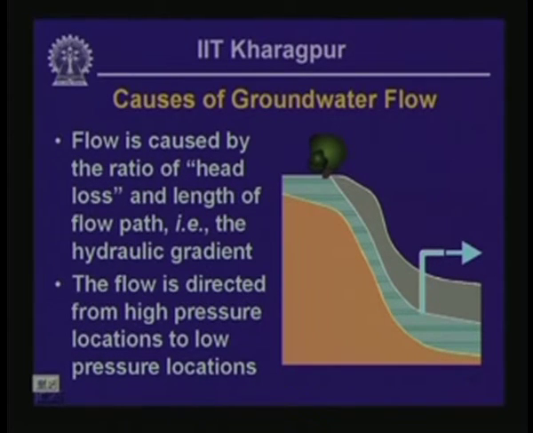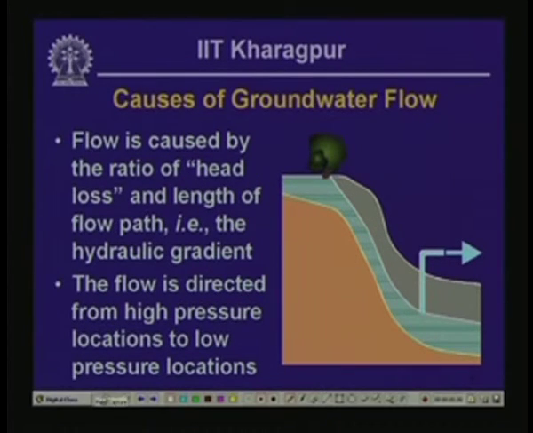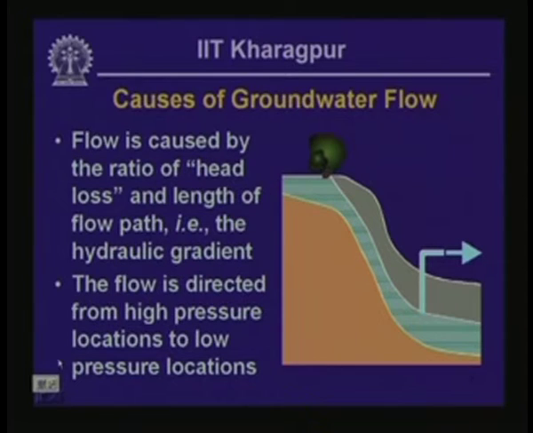Now here again the flow is going to be caused by head loss divided by the length of the flow path, but in this case the head loss is going to be slightly different, and that is going to be given by these quantities. Actually it is going to be given by